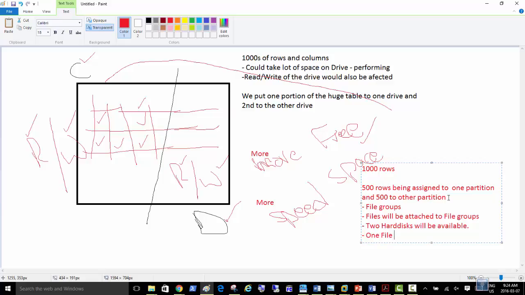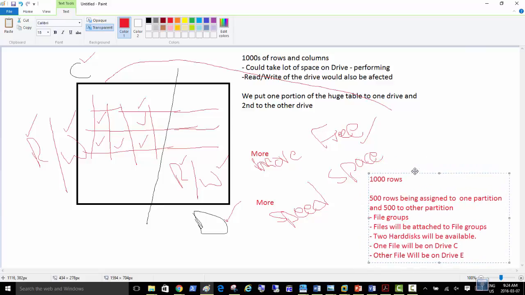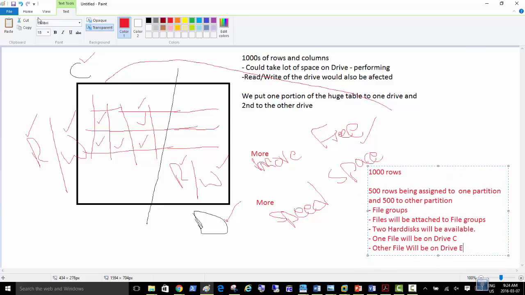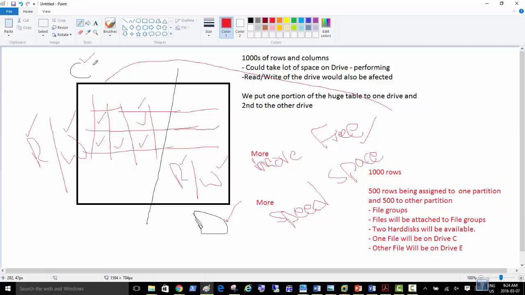One file will be on drive C, the other file will be on drive E, because D is the DVD or CD drive. So what I'm saying is that we can connect one partition of a table to one file group, and that file group will connect to one file, and that file will be saved in one drive.